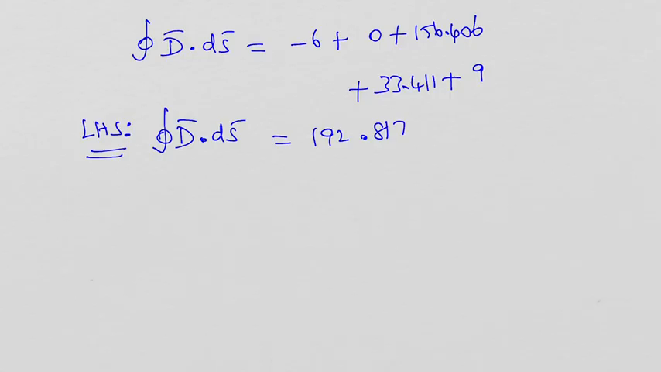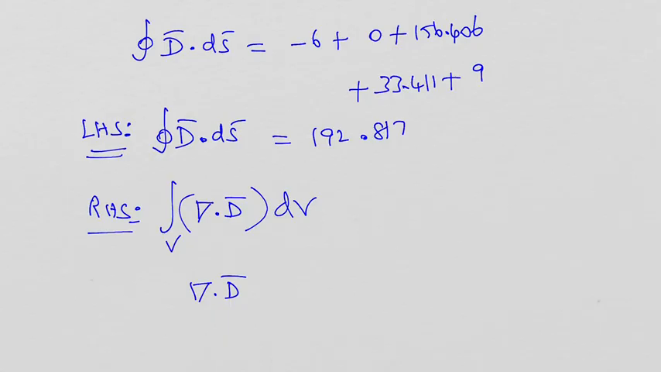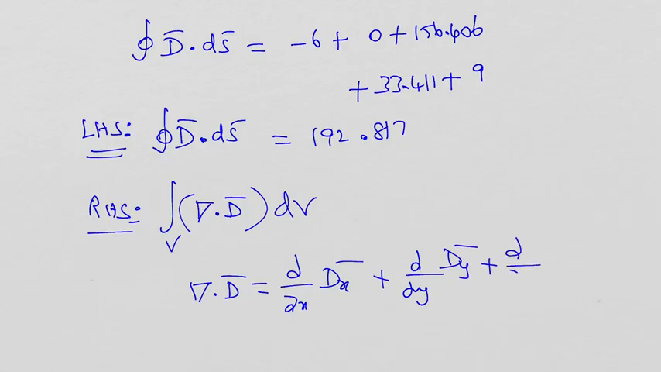LHS. In the divergence theorem, the right hand side is provided by RHS. What is the right hand side? Volume integration of del dot D into dV. Okay, what is del dot D? Del dot D will be equal to dou by dou x dx plus dou by dou y dy plus dou by dou z dz. So this is equal to 6x plus 3 plus 3, which is given by 6x plus